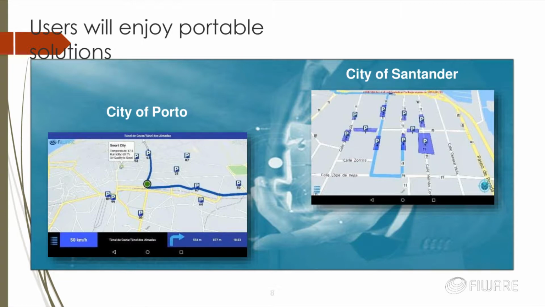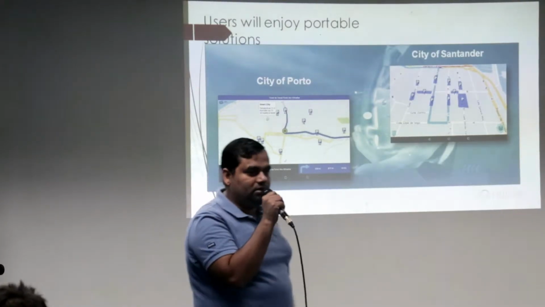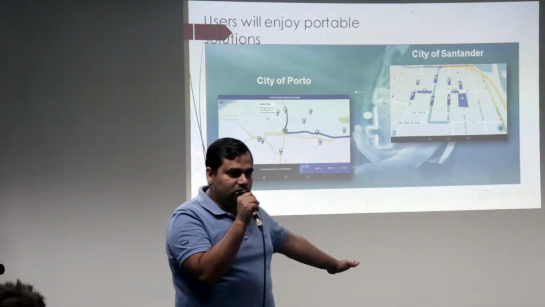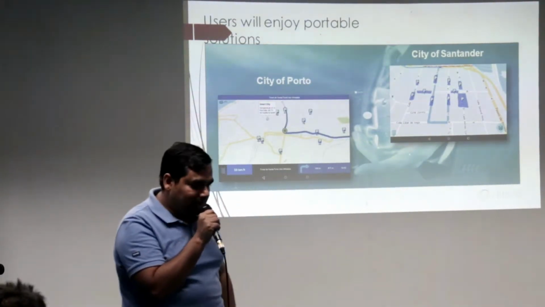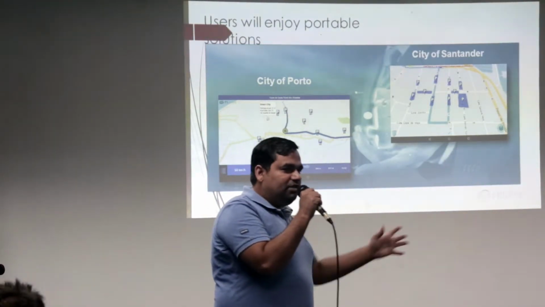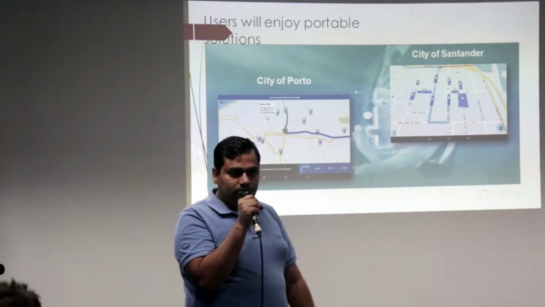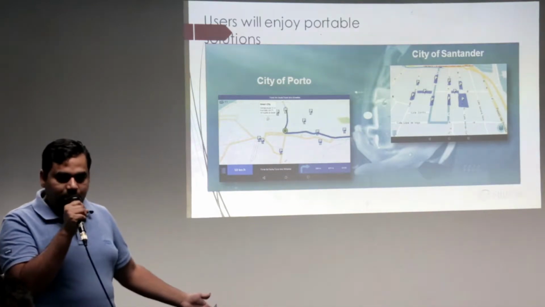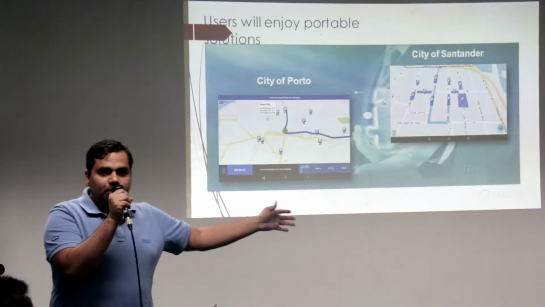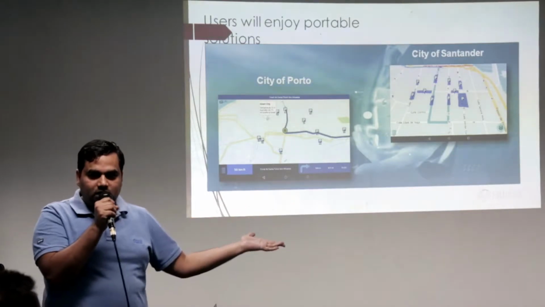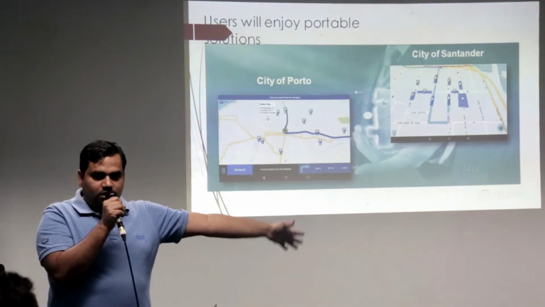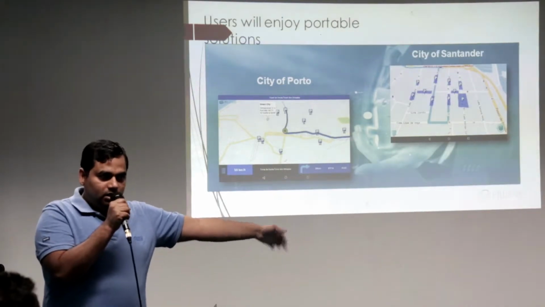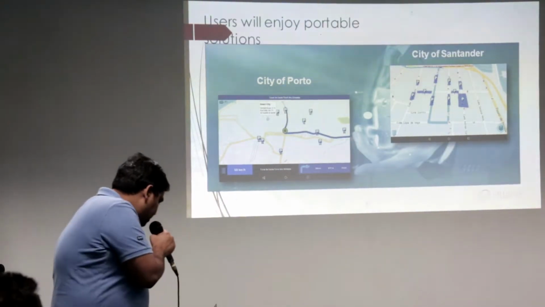So what benefit do you get while making an application using FIWARE? Since you use the same standard across the system. What you're seeing here is open source, so you don't have to pay any amount for using it. But the benefit you get is that one city has developed an application, and another city has developed another application. So you can easily port from one city to another city because you're just based on the open standard that you follow. We'll talk about some data models in the future sessions today.